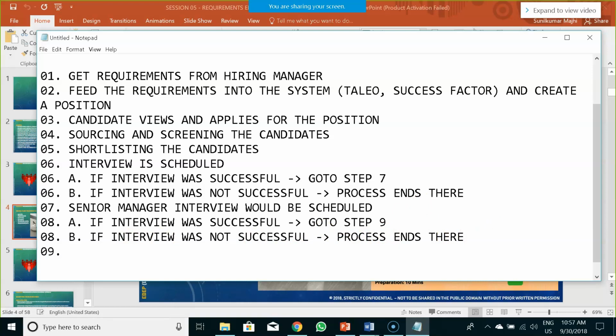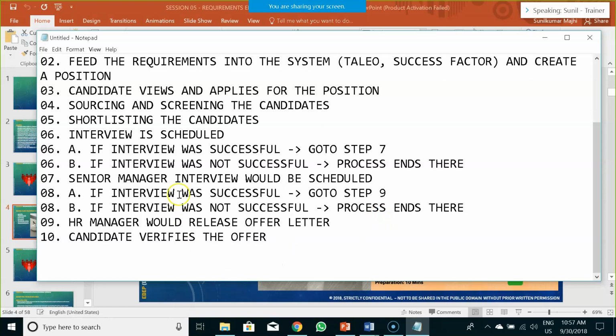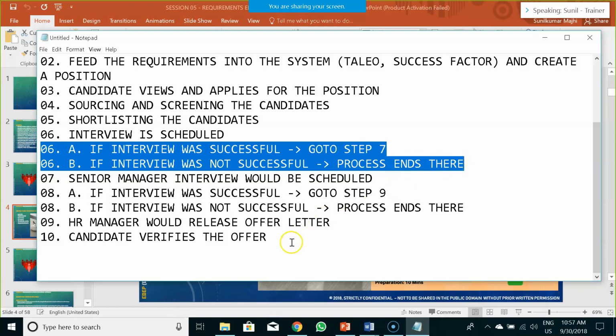Now after that, in step 9, HR manager would release offer. Now step 10 is candidate verifies the offer. Now there are two possibilities after candidate verifies the offer. The possibilities are